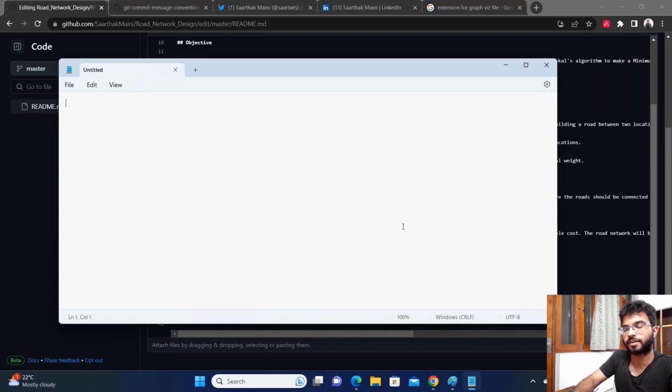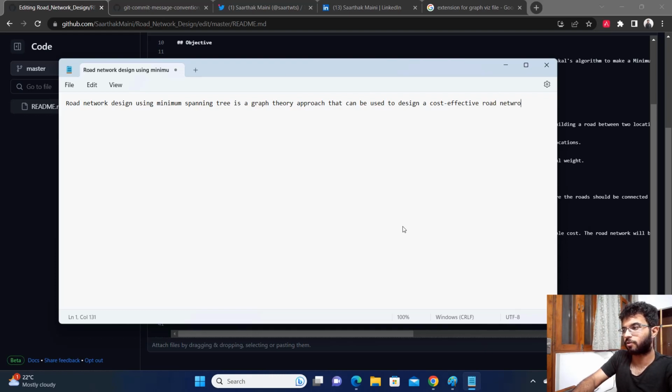So I'll just write it in the notepad and then copy it. Road network design using minimum spanning tree is a graph theory approach that can be used to design a cost effective road network that connects various locations in an area,